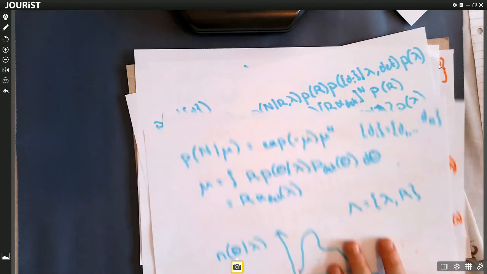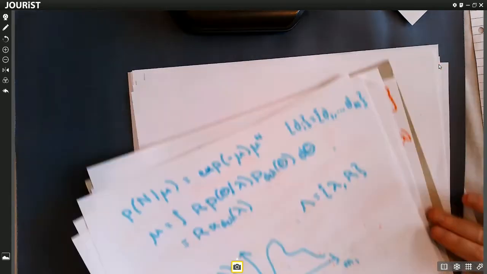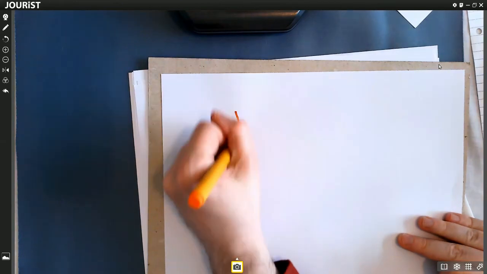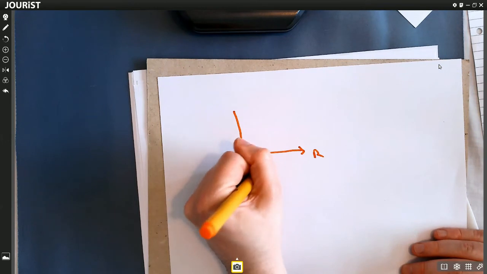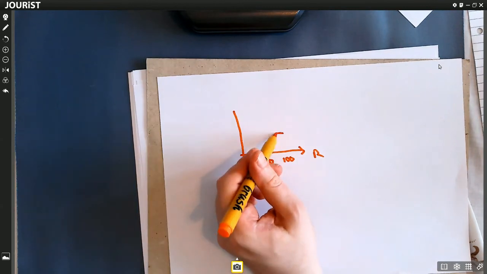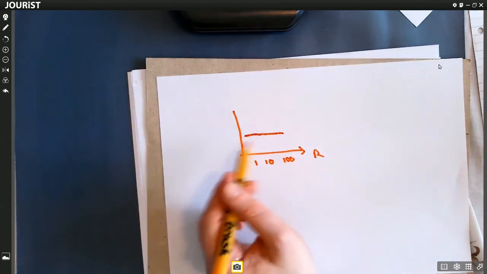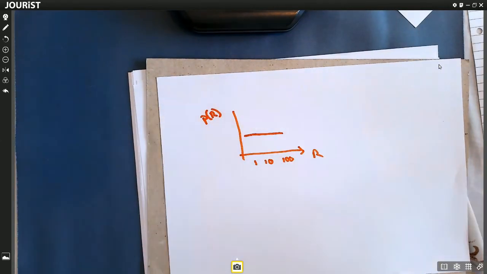Another is because a log uniform prior is quite a sensible prior if you don't want to put in too many assumptions, but you have no idea of scale. So if you don't know what the rate should be, one could argue that it's equally likely to be, say, between 1 and 10 as it is between 10 and 100, because we have no idea of scale. So we'd want a uniform distribution over these scales. That is the same as uniform in log, which is the same as 1 over r. So if you have no idea of the scale of anything, uniform in log is the sensible thing to do.